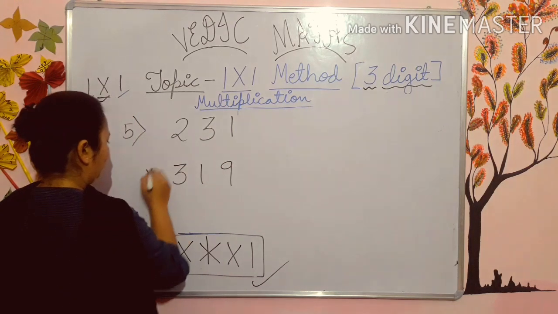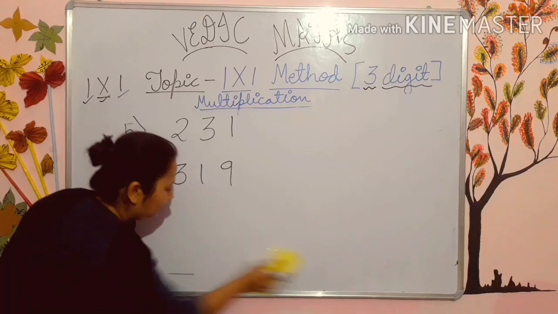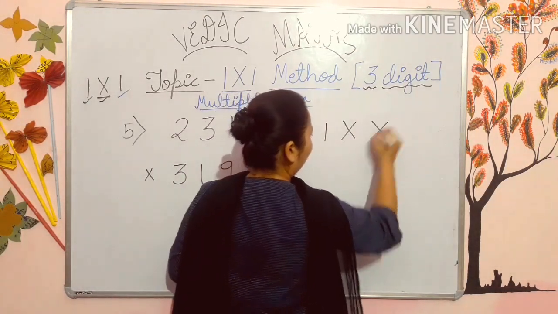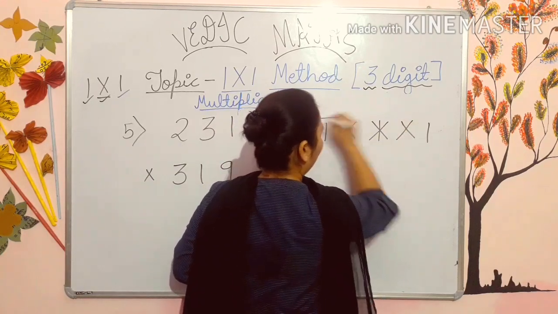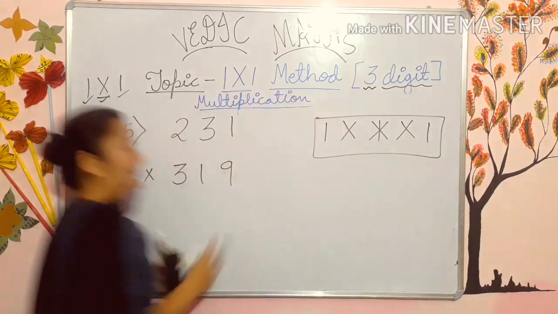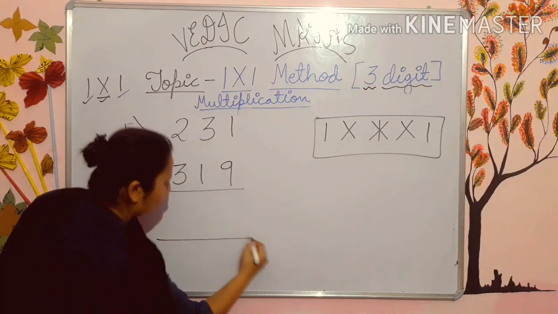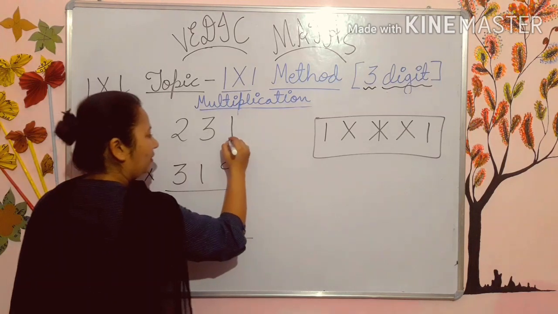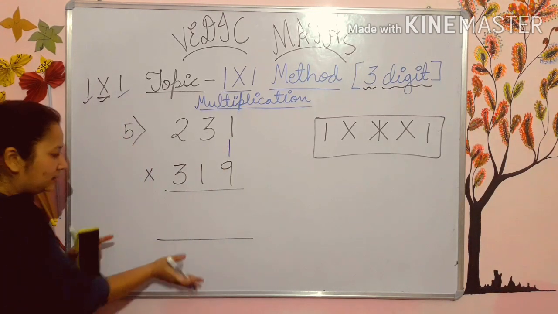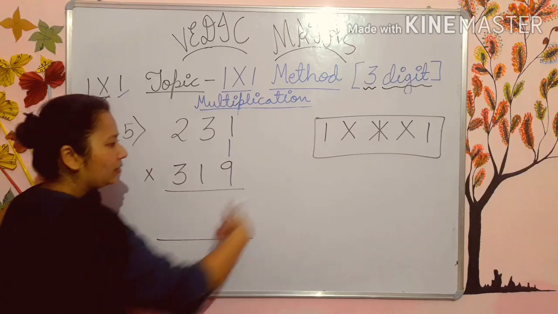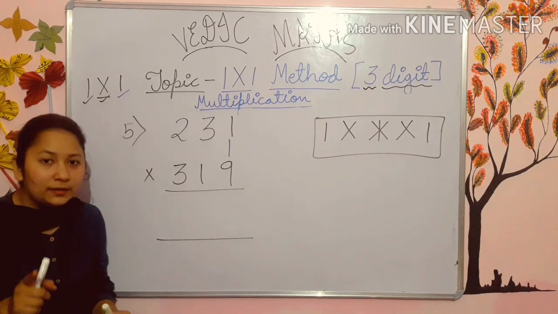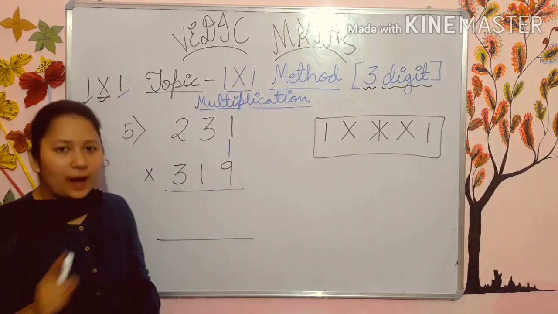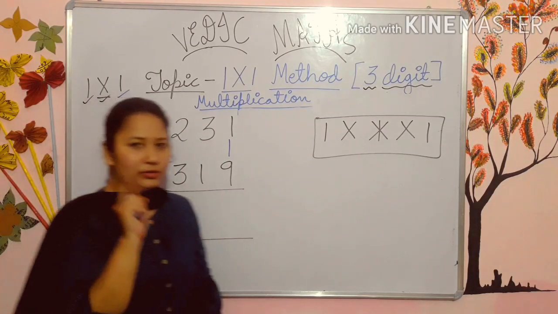231319, and this pattern now I will write here. Now after doing 4 sums, you are familiar with this method. So first of all you will multiply this. Students, this question we will do orally without using any rough work, but for doing orally your addition should be strong. Your addition and multiplication should be strong.